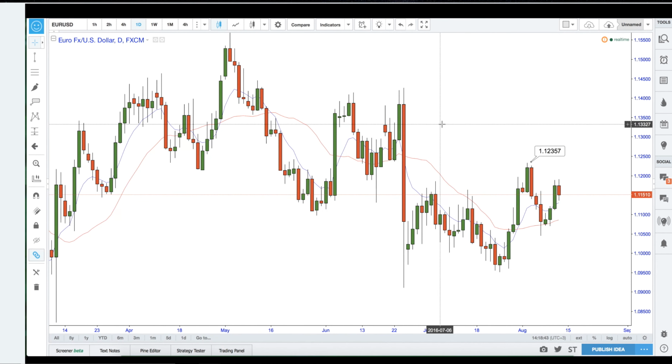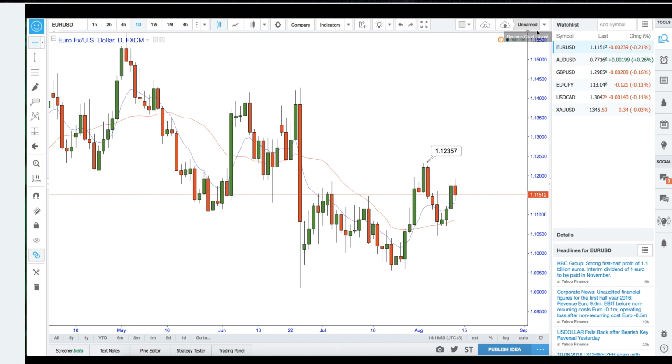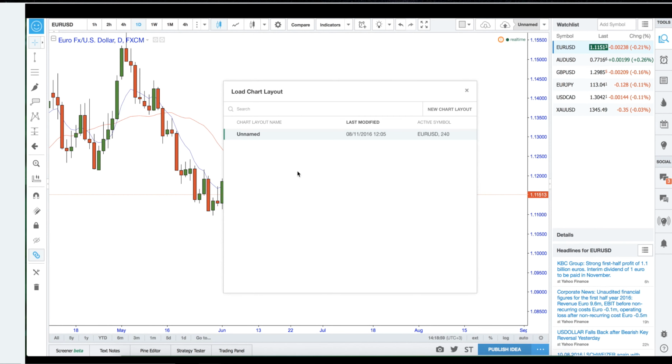This is the setup. Now, the other thing I need to go into, well, 2 more points, is that we've got the Euro USD, and as you can see up here, it says unnamed. Now, unnamed, brilliant. We always want to keep one chart unnamed. So when we go to load, we have our unnamed chart there. Here is where you're going to be saving your individual currencies.